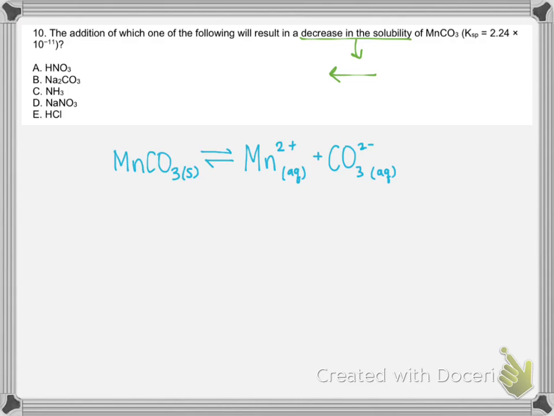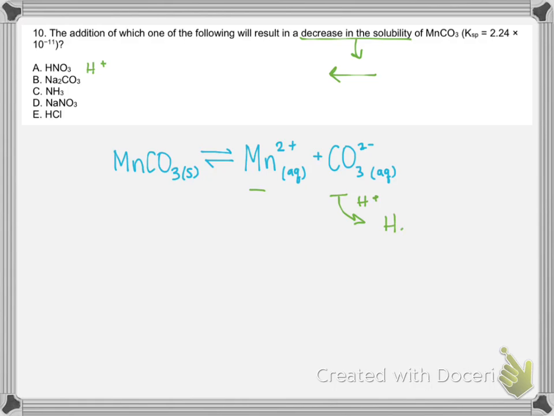First we add in HNO3, which we know is a strong acid. So really what we're adding in are protons. And so we have to say, will either of these things react with protons? We know that the carbonate will react with protons